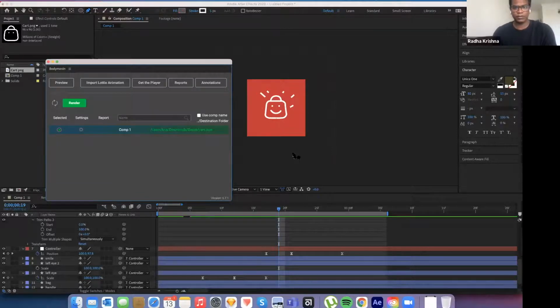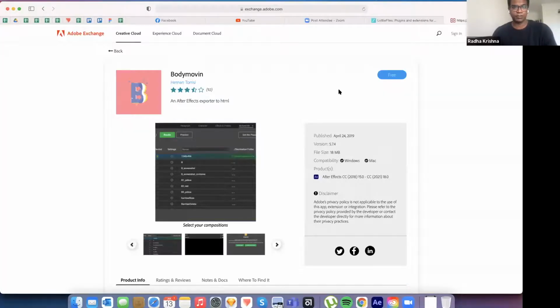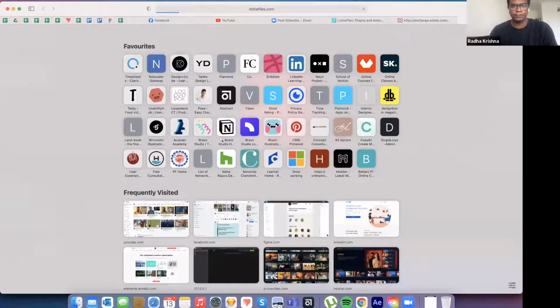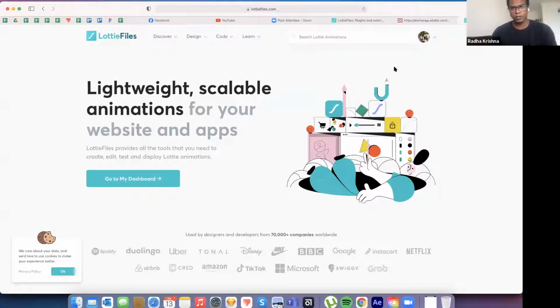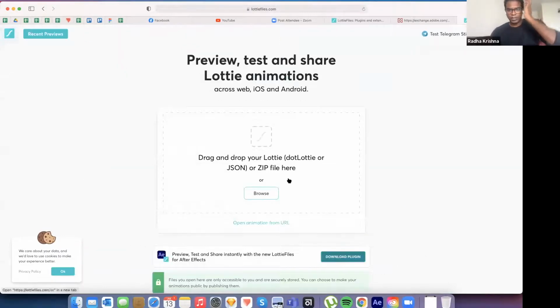And what do we do next is, now we just need to know if everything works fine. So head on to LottieFiles.com, because you need to be absolutely sure if the render animation looks the same way, before handing off to the devs. So go to design, you have something called preview. So what you do is